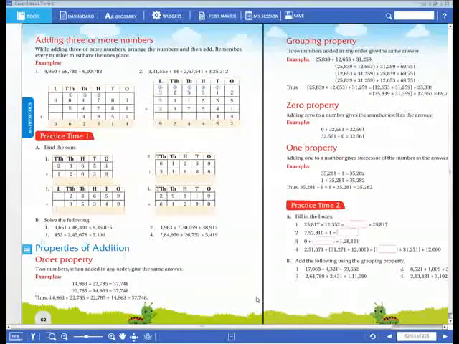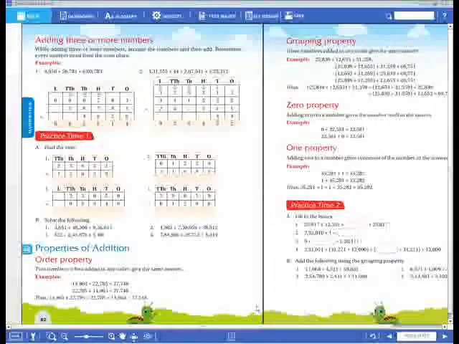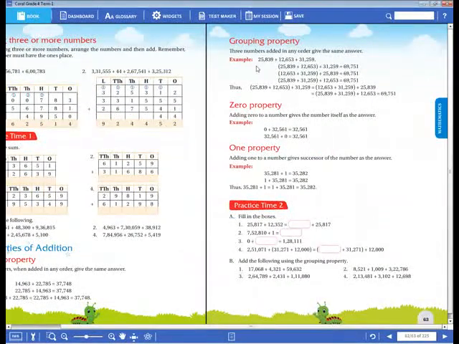Now when I change the grouping, 2 plus, and you group the numbers 3 plus 4. Group the numbers 3 plus 4. Somebody sit properly. Don't lie down. Those who are lying on the bed have to sit properly now. Okay. 2 plus 3, what will it come? 5. 5 plus 4 is 9. When we change the grouping, we get the same answer only. Copy this example in your notebook, dear children.